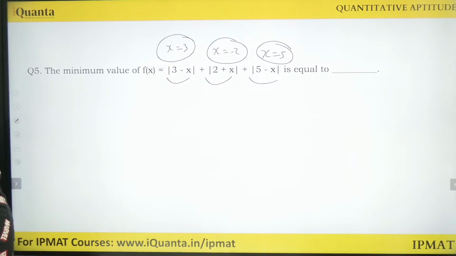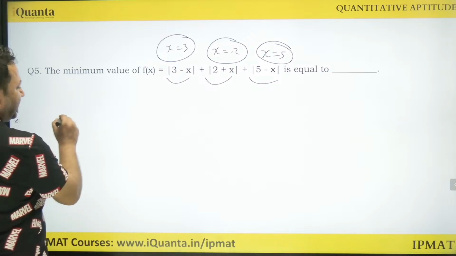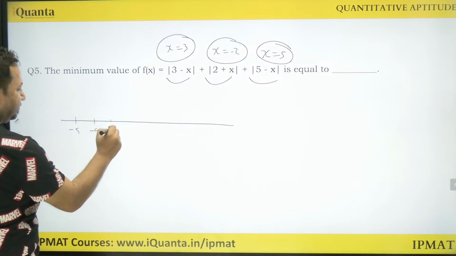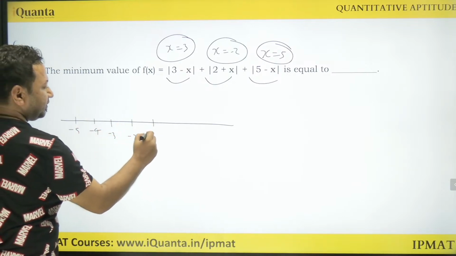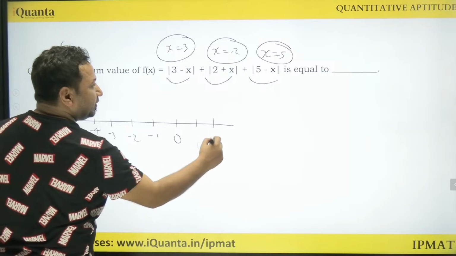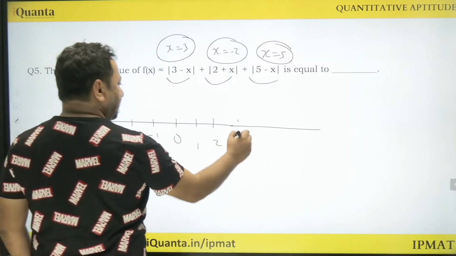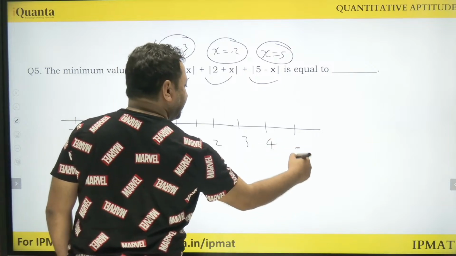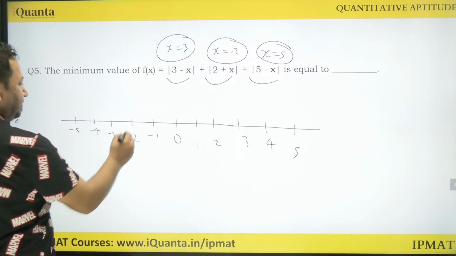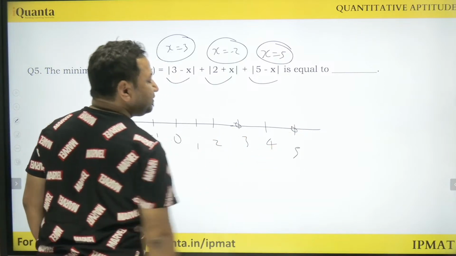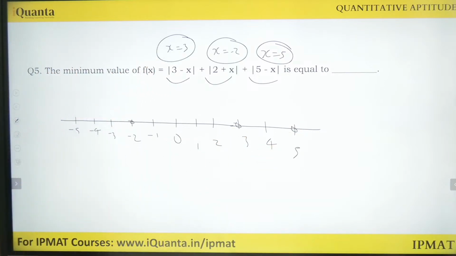So, cool, understood that. So if I make a number line: minus 5, minus 4, minus 3, minus 2, minus 1, 0, 1, 2, 3, 4, 5. My critical points are minus 2, then I have 3, then I have 5. So I need to analyze